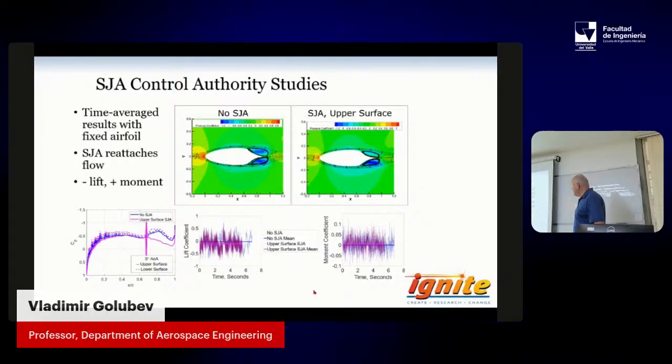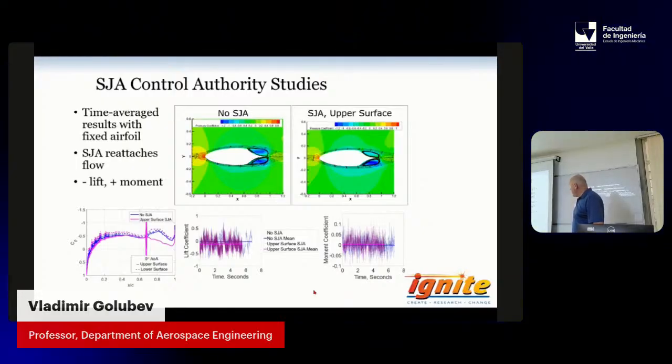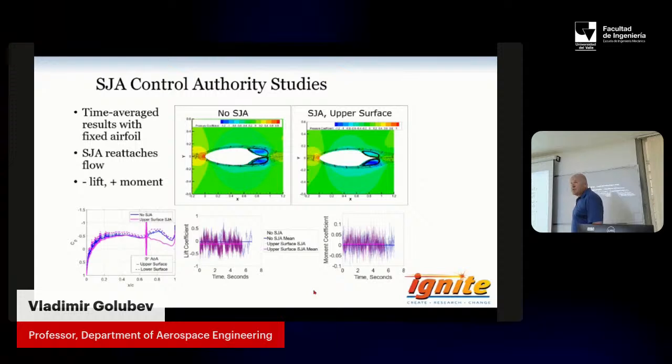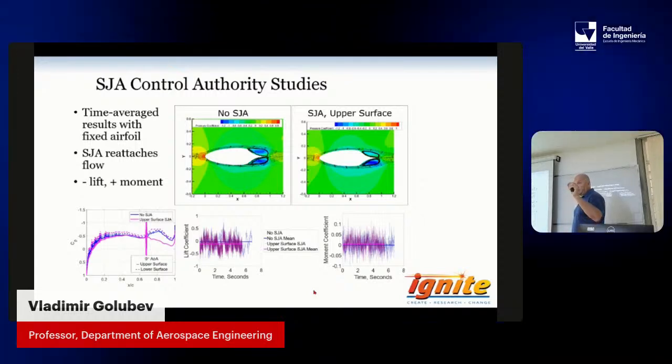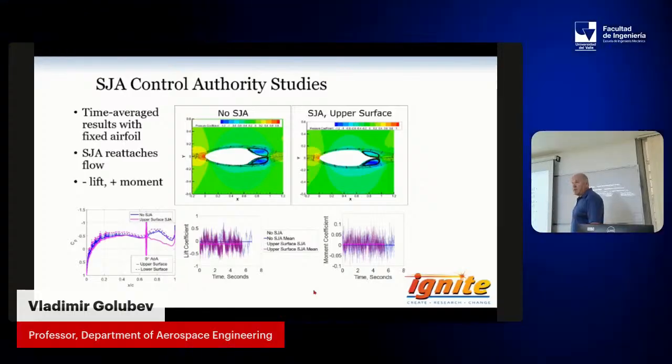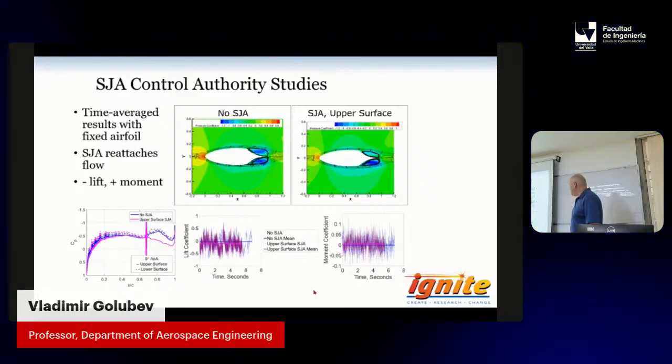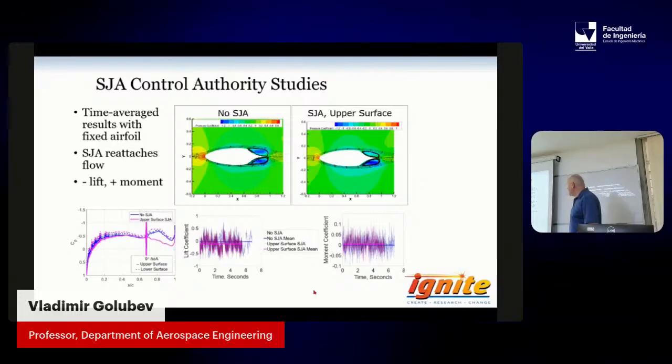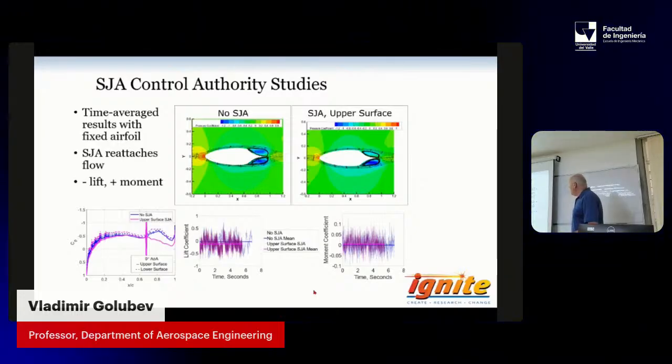The average is what you're looking for. Like, for instance, from the lift, this is the average. When you actuate, this is the average. So you see the bias. And that's the effect. Of course, that's what you would record eventually. The difference in lift will be because of the different lines here on the average. The same for the moment. Boom, boom. So for the lift,